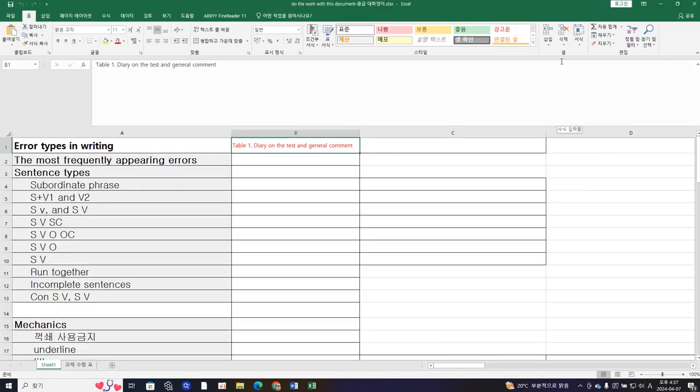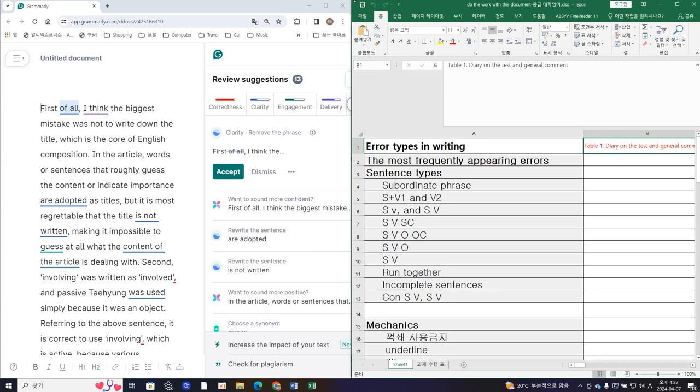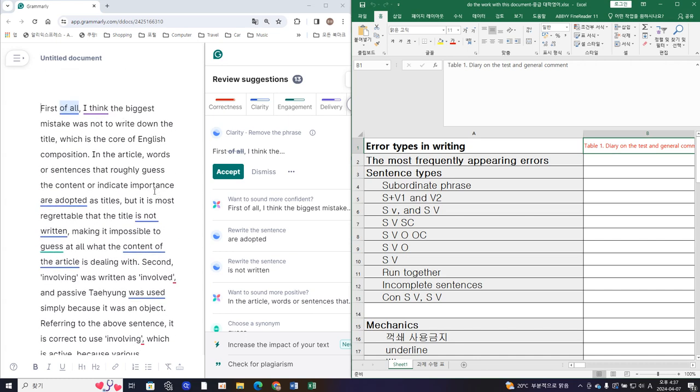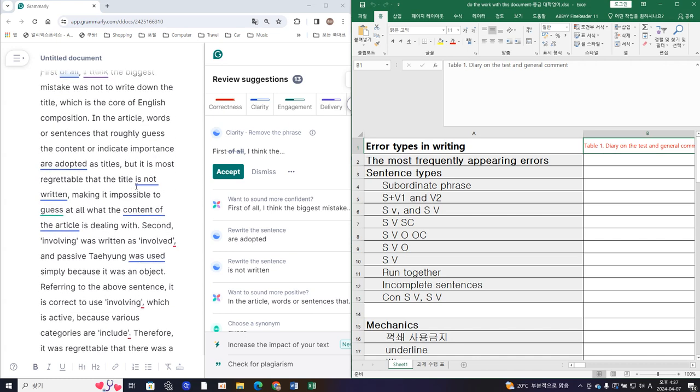And so Table 1 talks about diary on the test and comment. So if you take a look at this one, the red part is obviously